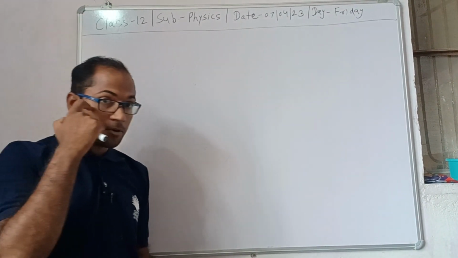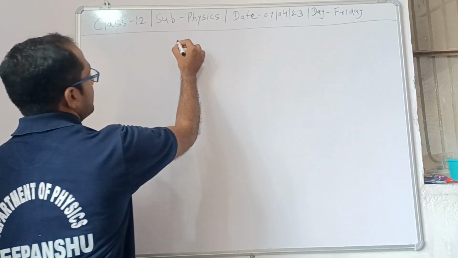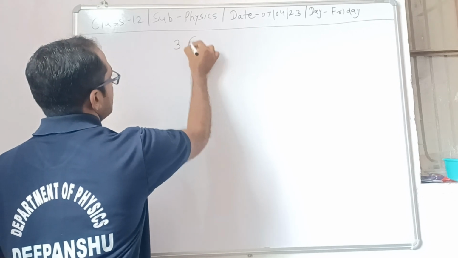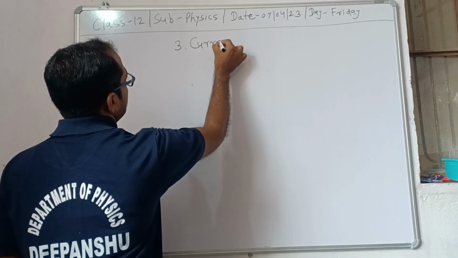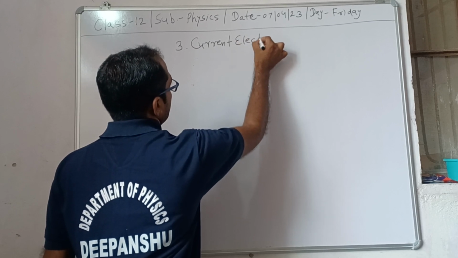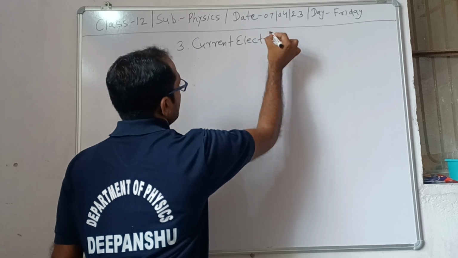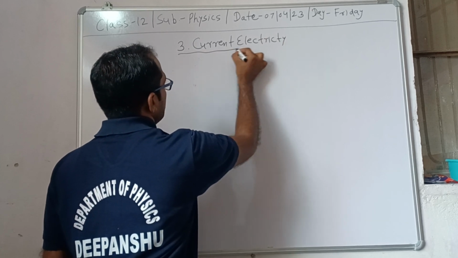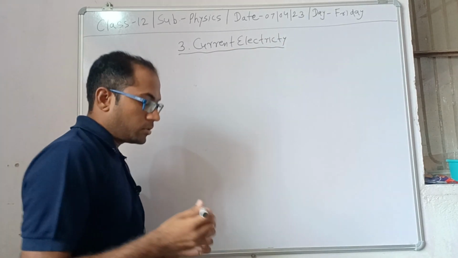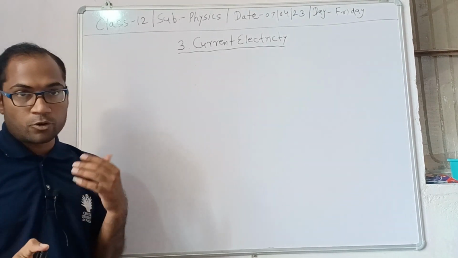Today we are discussing chapter number 3. The name of this chapter is current electricity. Basically, in our previous chapter we discussed what is charge and the force produced by this